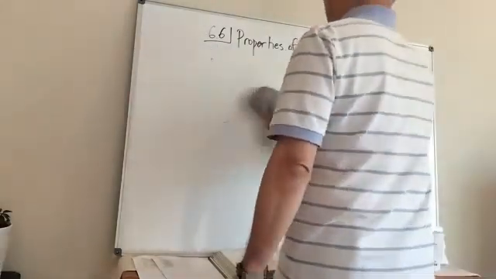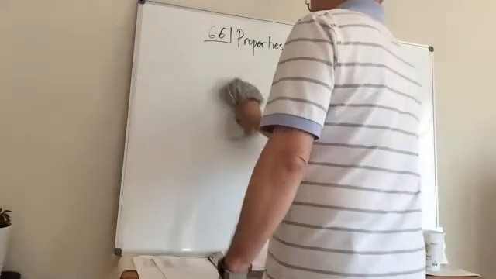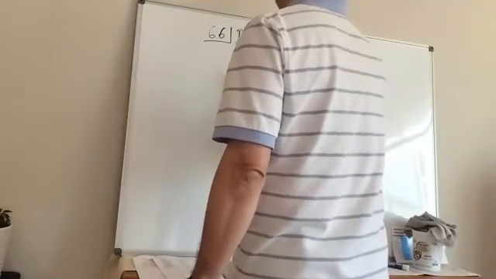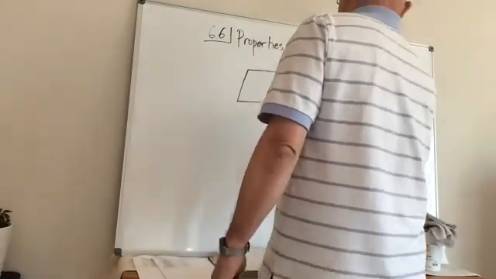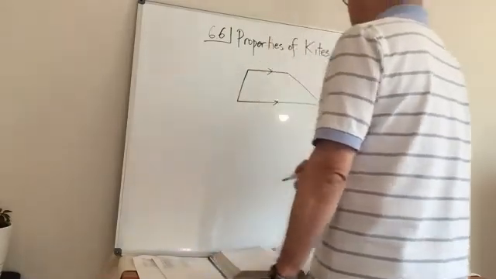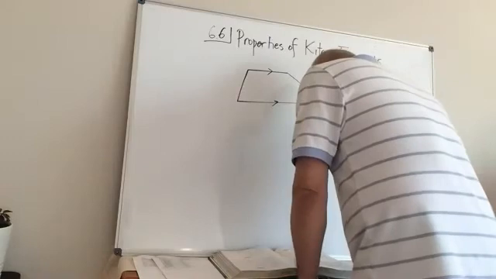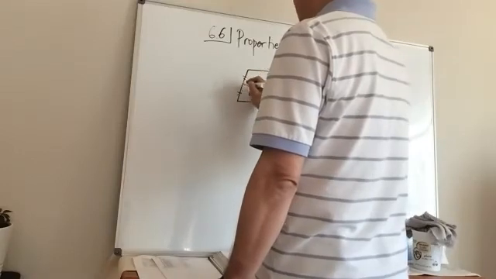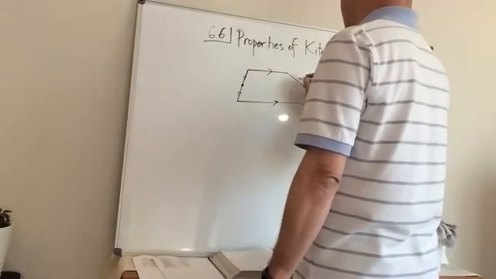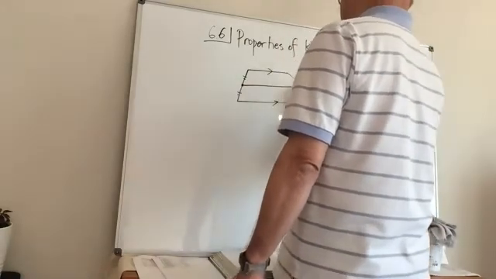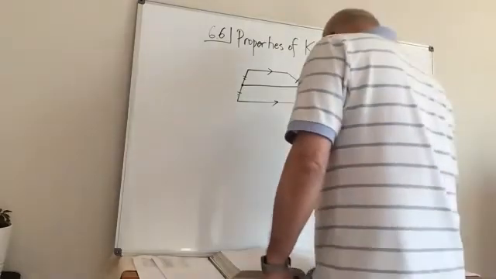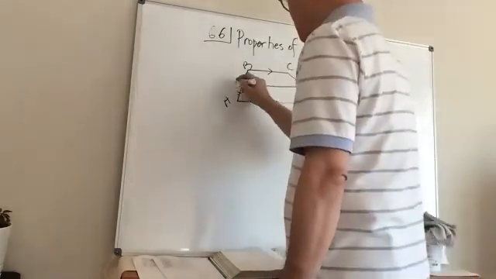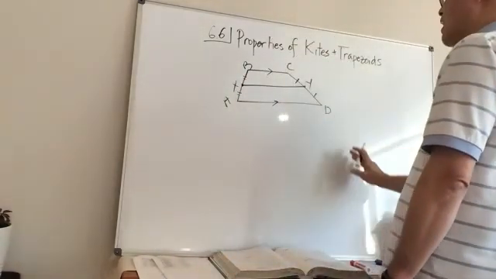So now, last on page 443, we have the mid-segment of a trapezoid, the mid-segment theorem. Okay, the mid-segment theorem says that if I have a trapezoid where this guy and this guy are parallel, the bases, and I cut this guy in half right here and cut this guy in half right here, and I connect these two together, and we've got A, B, C, D, X, and Y,